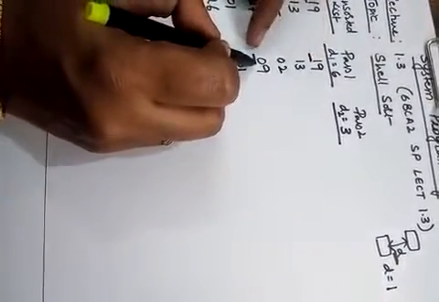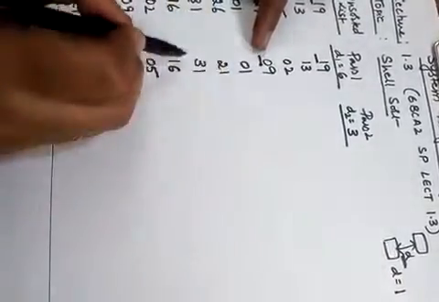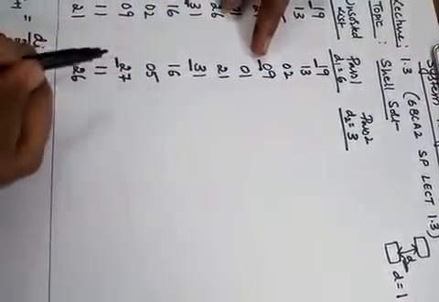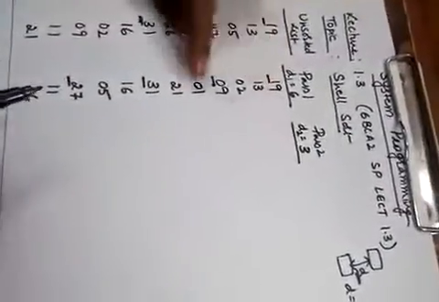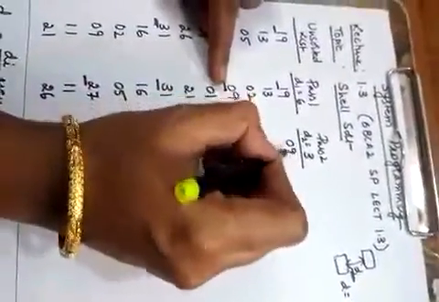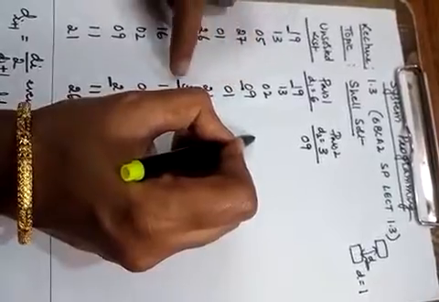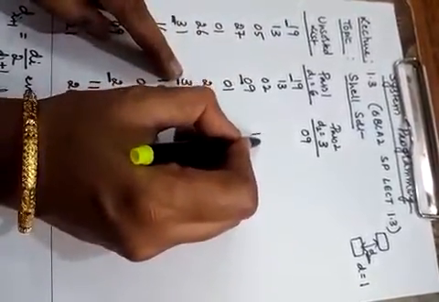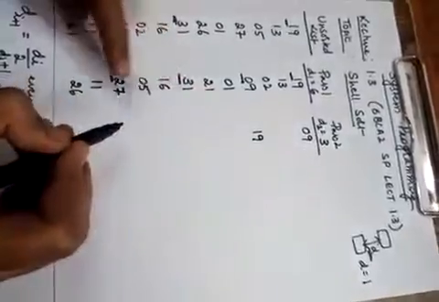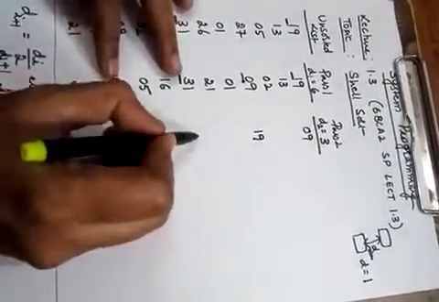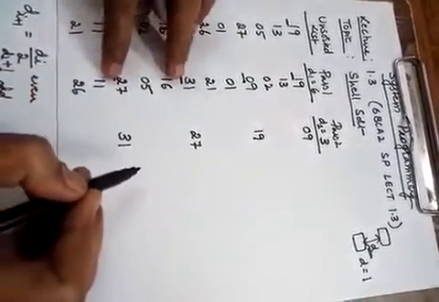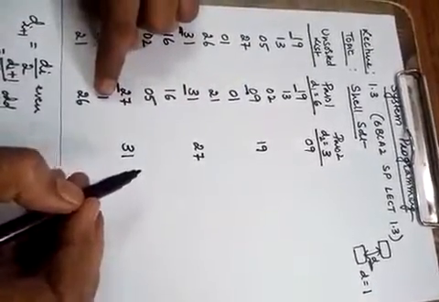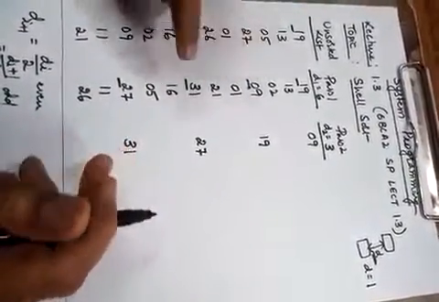So every element is compared with the element which is in the 3rd position. So 19 is compared with 9, but this is not the end of this group. The other elements are 31 and 27, so you have to make the exchanges in this group. 19 is compared with 9, 9 is smaller, so 9 goes up and 19 will come here. This 19 is compared with 31, so 19 is smaller, so 19 will stay. Then 31 is compared with 27, so 27 will go up, and 31 comes down. Here you have to observe that it is not only the forward exchanges, you have to make the backward exchanges also.